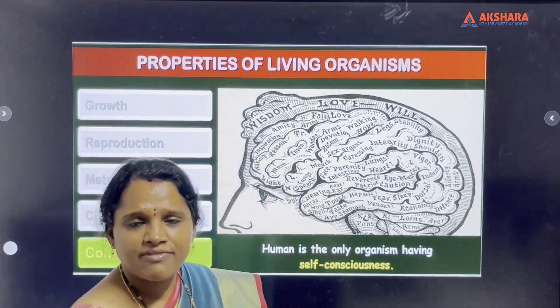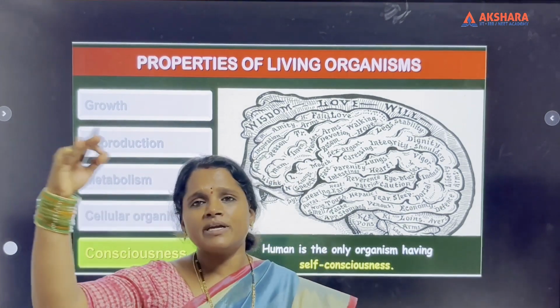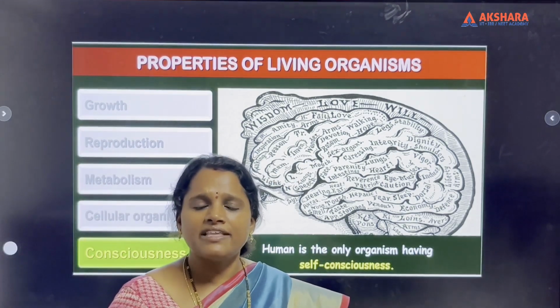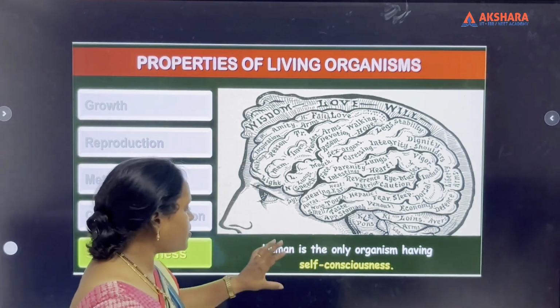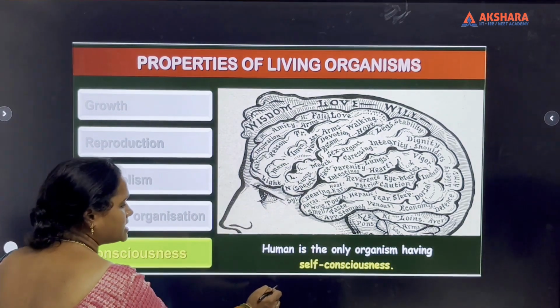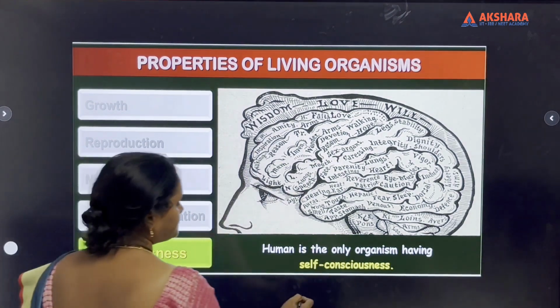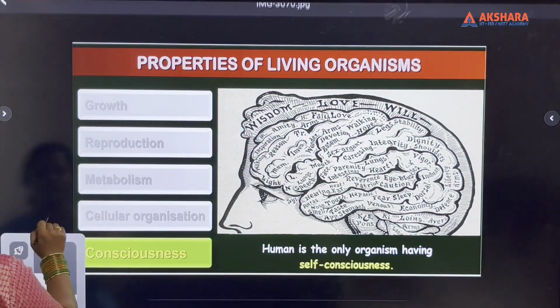And that's the reason why when we touch a fire in our childhood, even after becoming adult, you can identify that fire is dangerous to our body. So this is about different living characters of living organisms. Let's discuss different questions based on this topic.